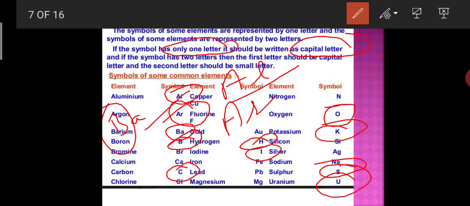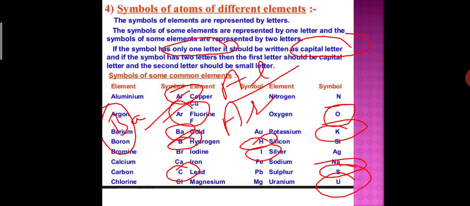So there are some rules for writing the symbols. I hope you understand. Students, Dalton was the first scientist to use symbols for elements in a very specific sense. When he used a symbol for an element, he also meant a definite quantity of that element, that is, one atom of that element. Berzelius suggested that the symbols of the elements be made from one or two letters of the name of the elements.